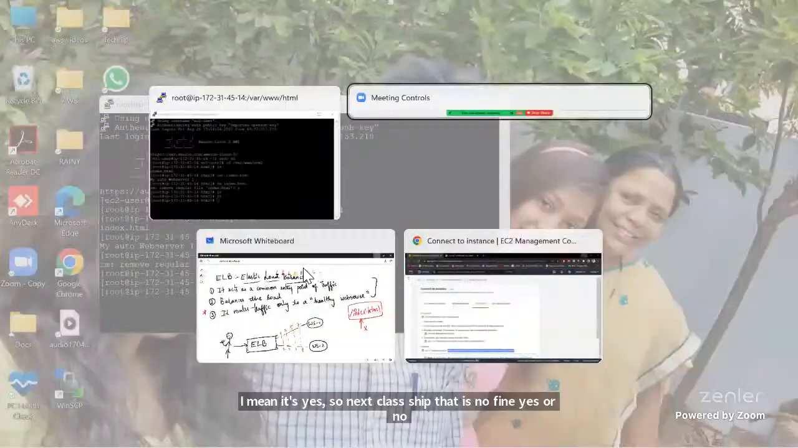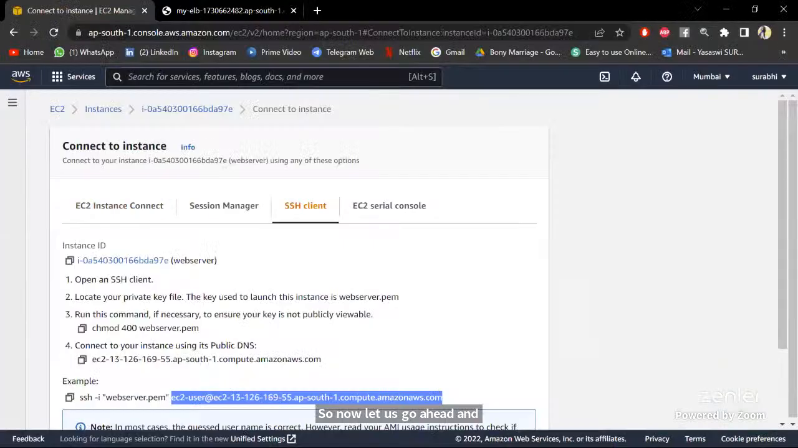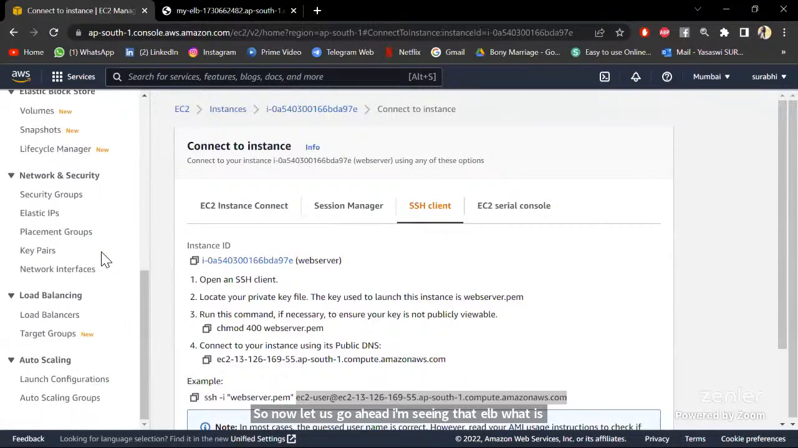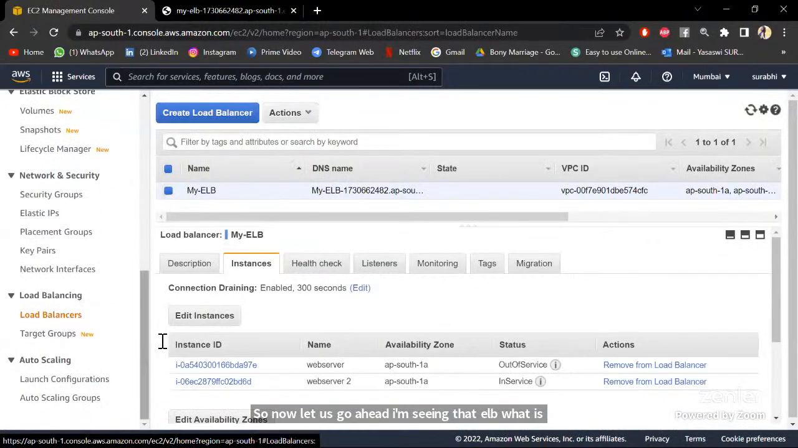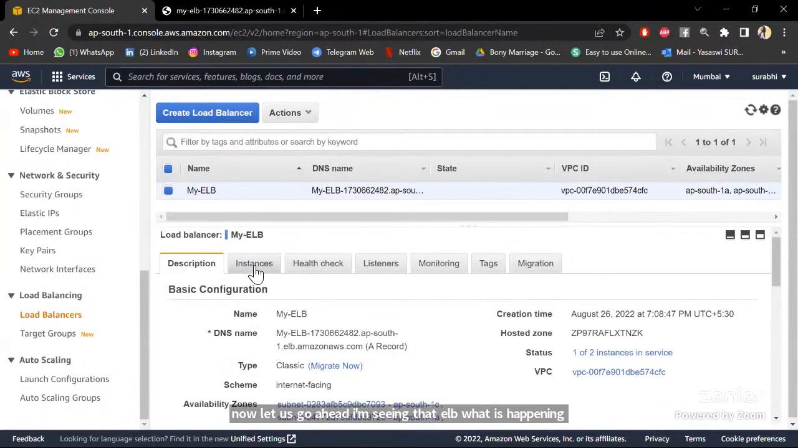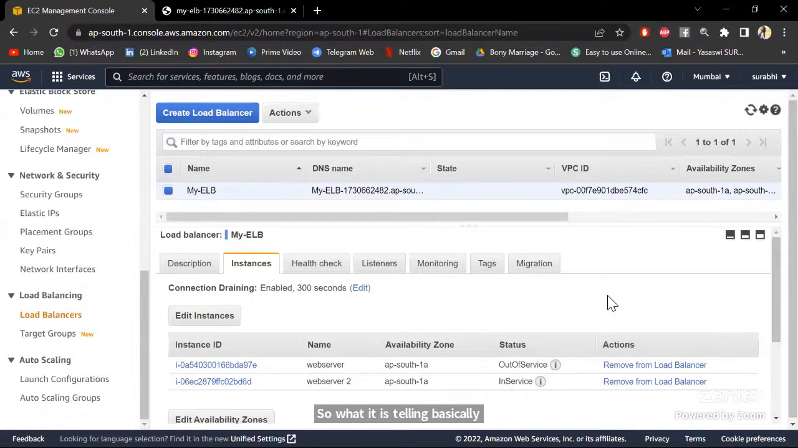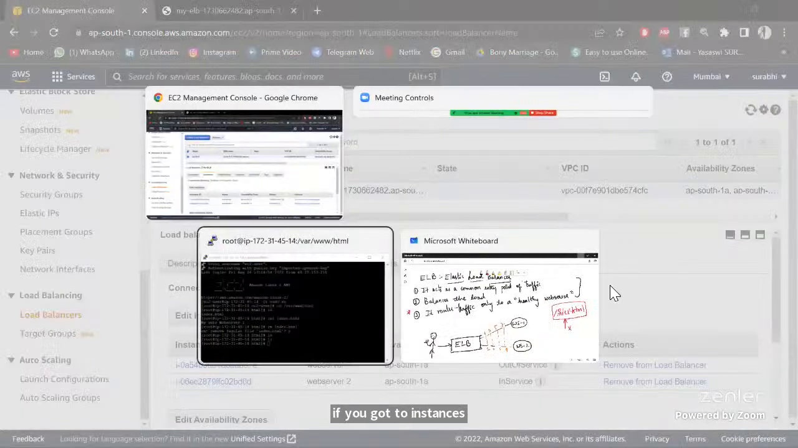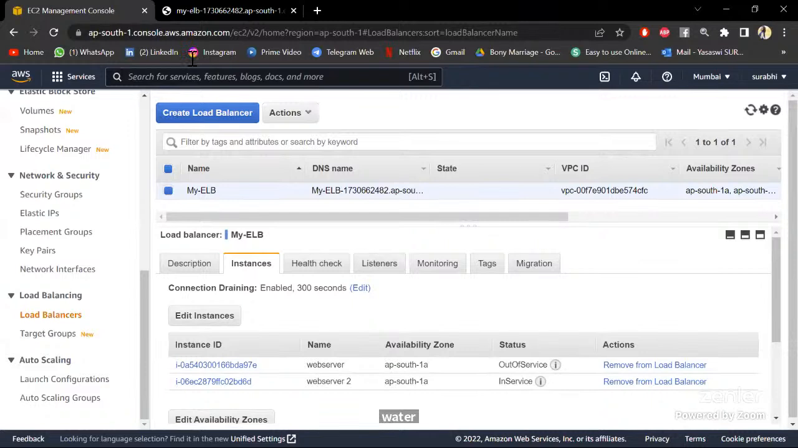So now let us go ahead and see in our ELB what is happening. If you come to instances, what it is telling is one is out of service and one is in service. So what does it actually mean? That means one web server has